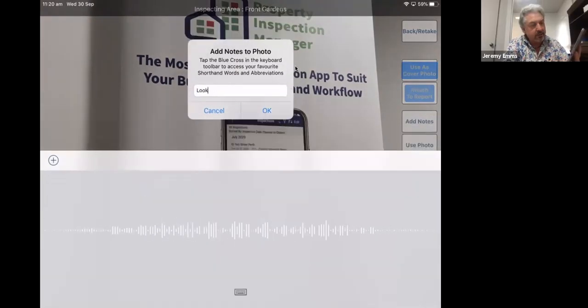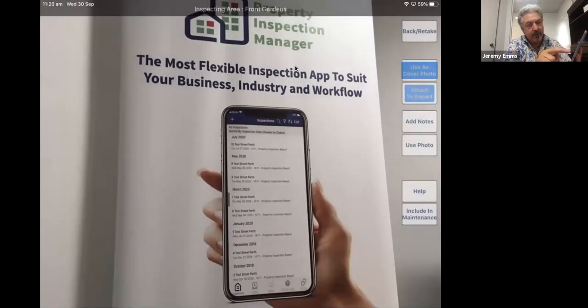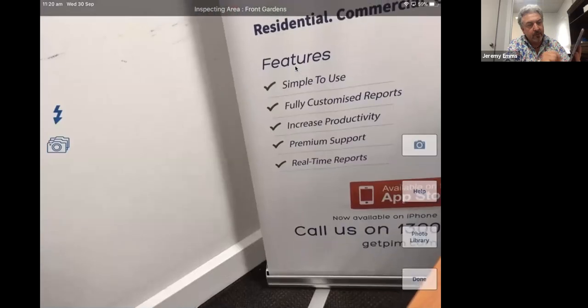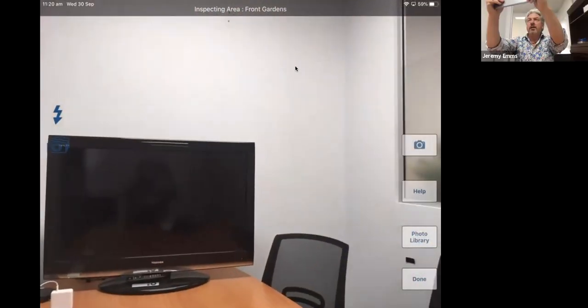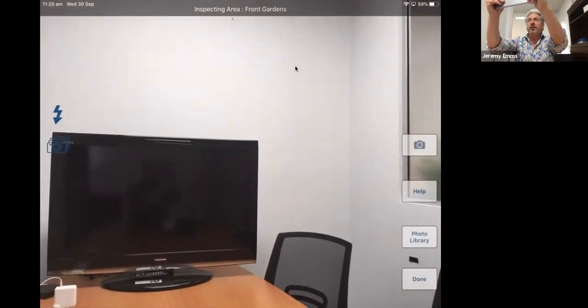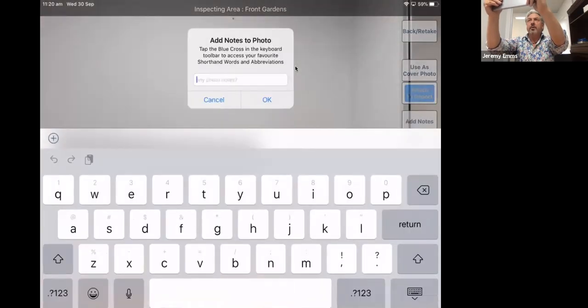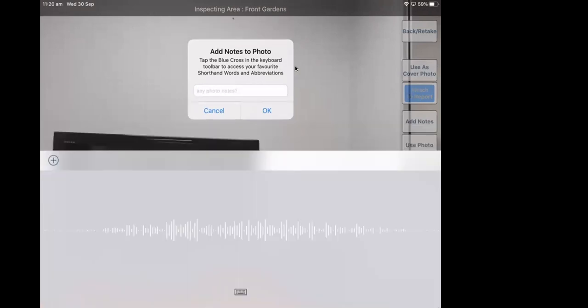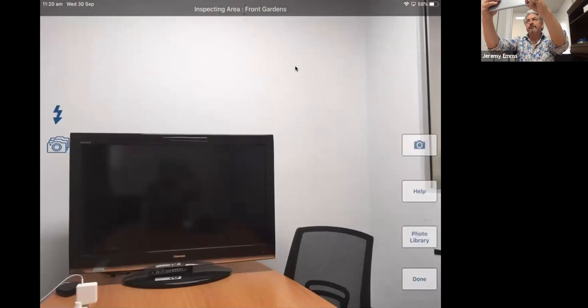Look at the fantastic poster. And add that to the photo and press Use Photo. So with Pim and using the camera on the right-hand side, you can take one picture at a time. You can add some notes to that picture. Nice wall, but blank. Use Photo. Done.